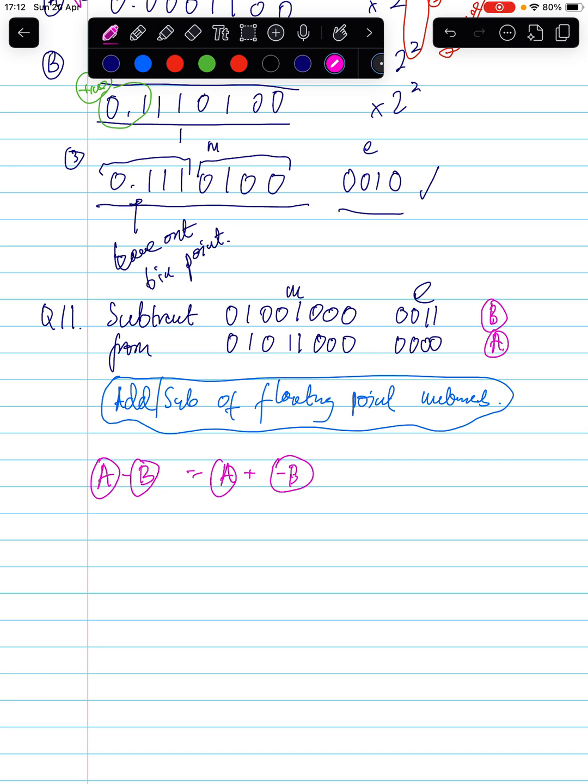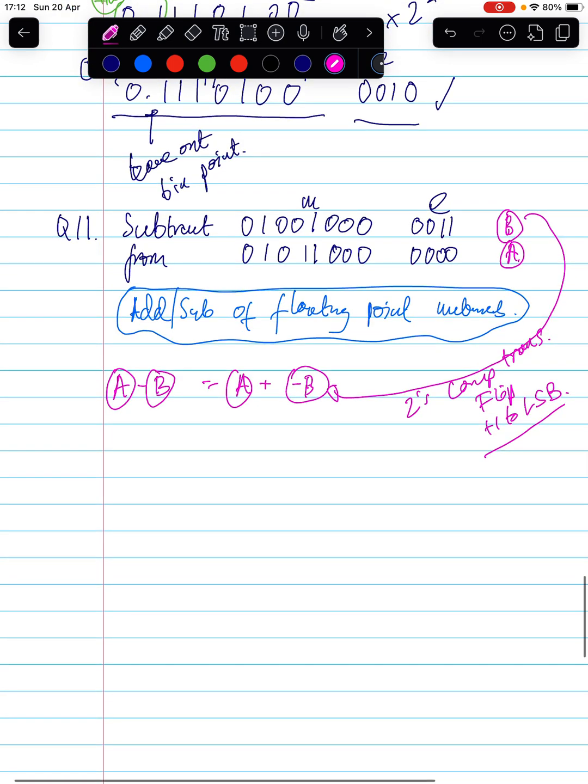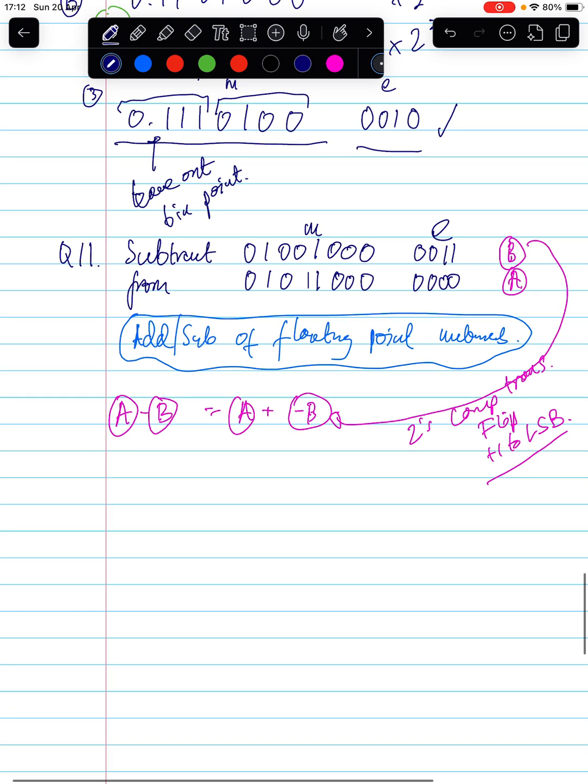Now we can get minus b by applying the 2's complement transformation, which is flip the bits and then add 1 to the least significant bit. Right, so let's do that now. Let's get minus b. So b is here, and to get minus b, we can just operate